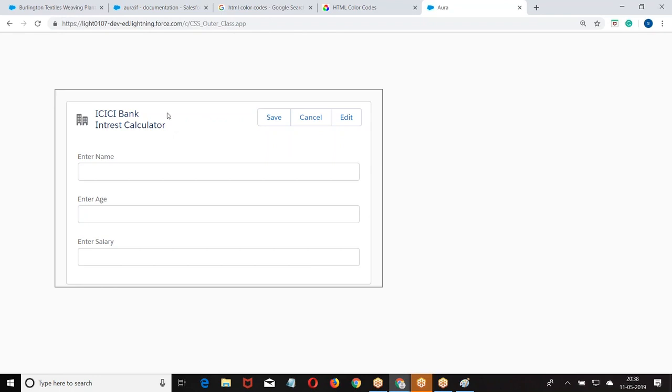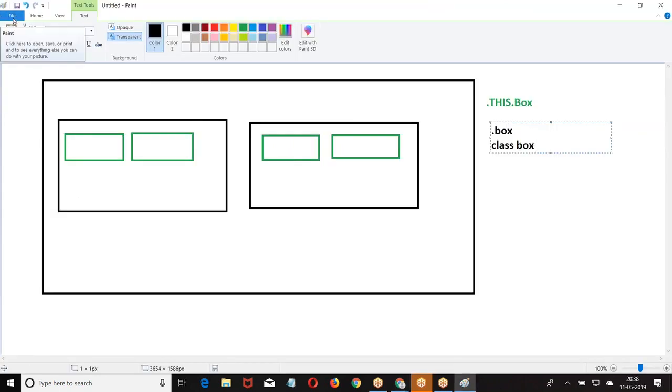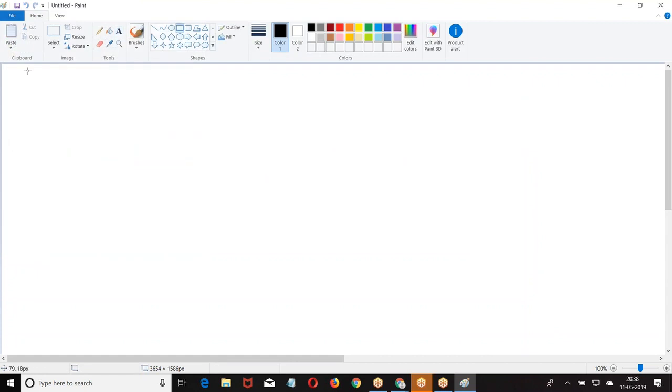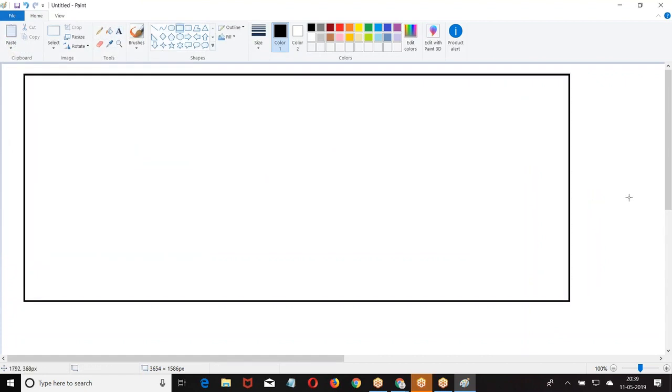When I am getting this structure, just now I controlled a concept, right? What is the concept? When data is entered, display the data at the bottom: enter amount, enter salary, interest. Now the same structure I want to control. We are going in a particular organized way so that we can cover all the topics as per your requirement.